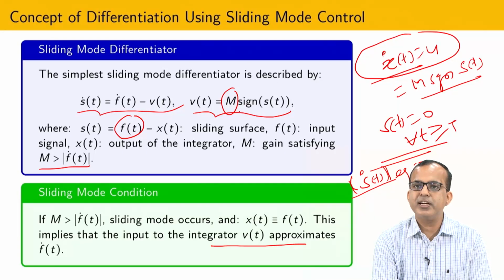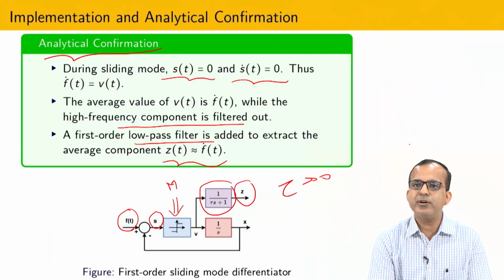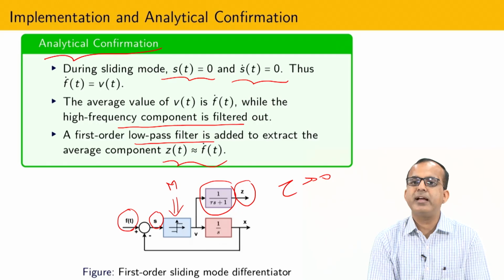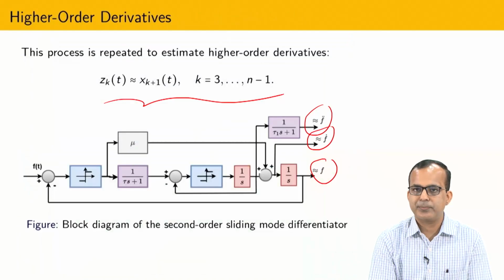the differentiation process here is due to the first order sliding mode control, and obviously first order sliding mode control is going to occur in finite time, and due to that reason after finite time we start getting the derivative, and due to that reason this kind of derivative I can utilize for the higher order sliding mode control design.